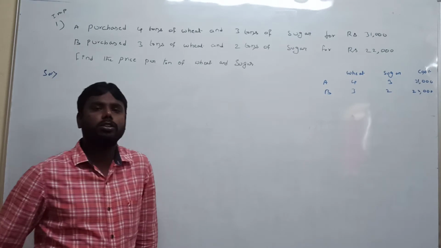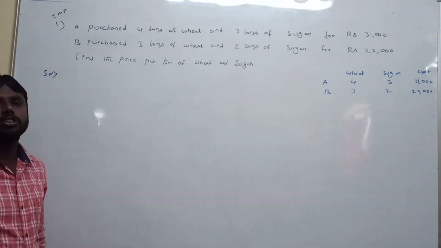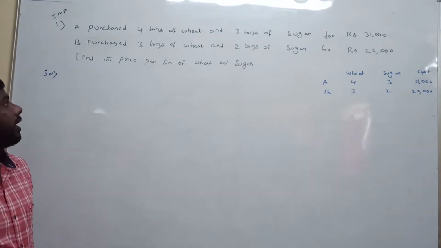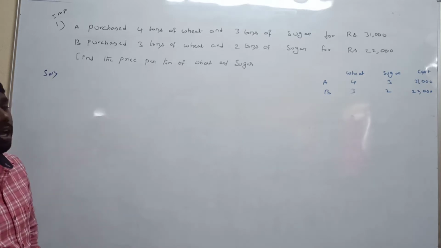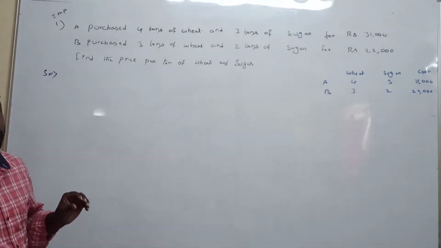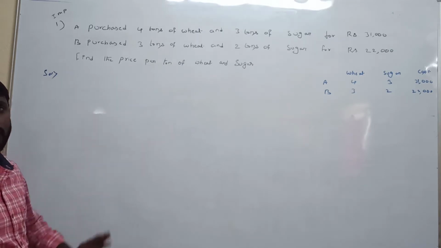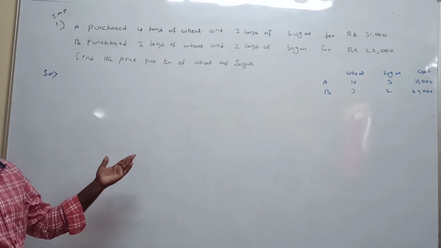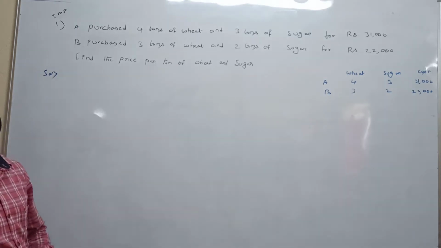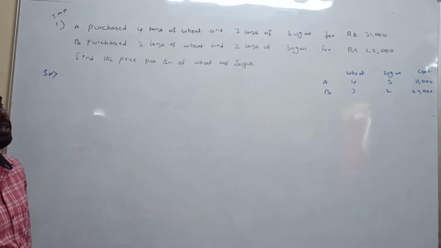Before class we discussed the cross multiplication method. In the same way as before, questions will give equations, but sometimes we are not given the equations. So first of all we should find the equations. After that we can apply the substitution method, elimination method, or cross multiplication method. First of all, how to find the equations.